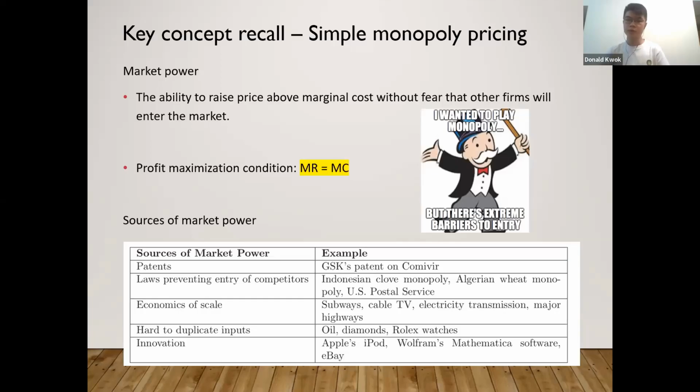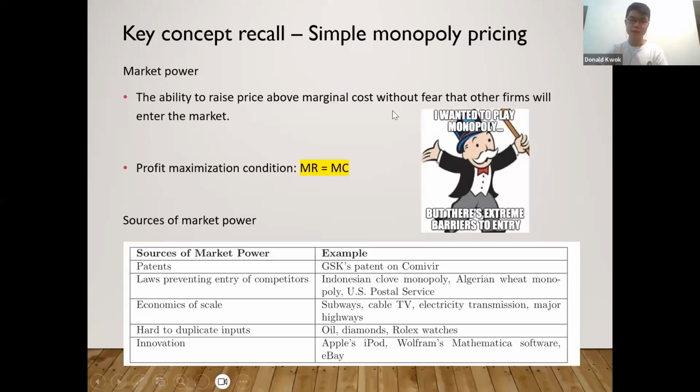So referring to the last chapter about perfect competition, a firm has no market power in a perfectly competitive market because they have to accept or take the prevailing price in the market as given. They do not have the influence towards the market price. But here in this chapter about monopoly, the firm is able to set its own profit maximizing price. It has market power because it has the ability to set market price. So this is also why we say that a monopolist is a price searcher.